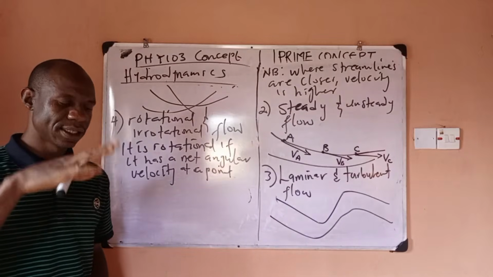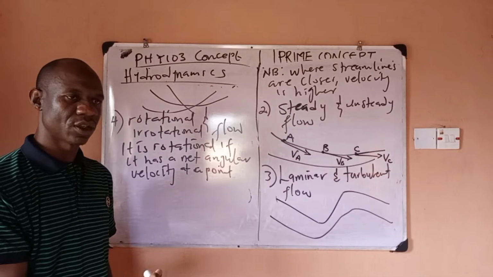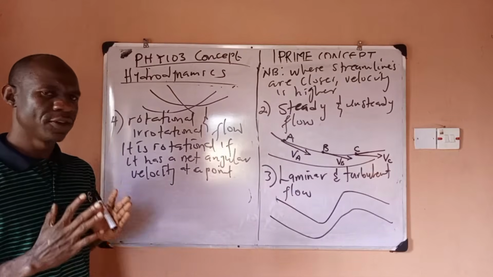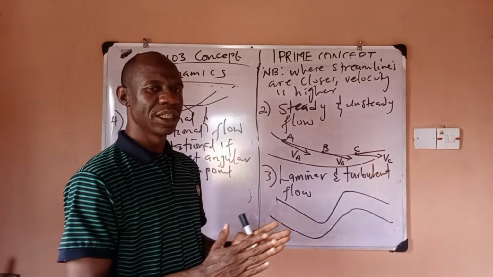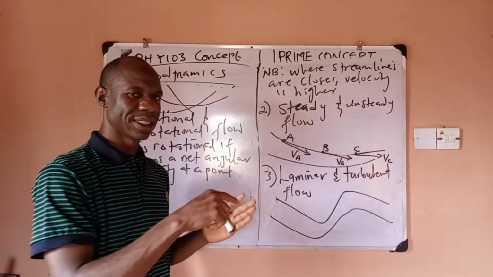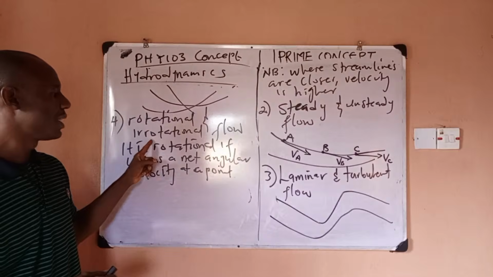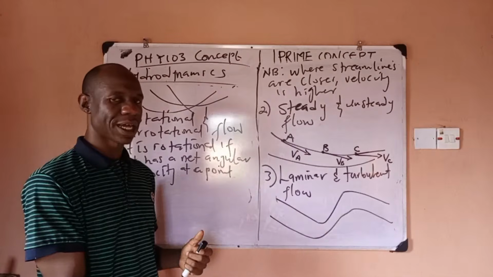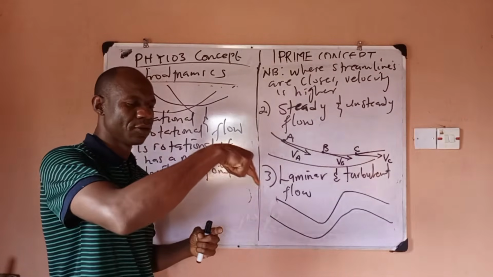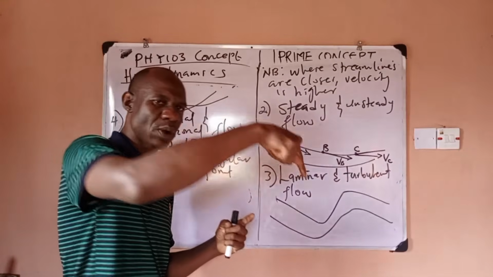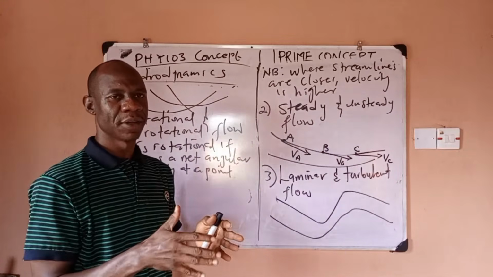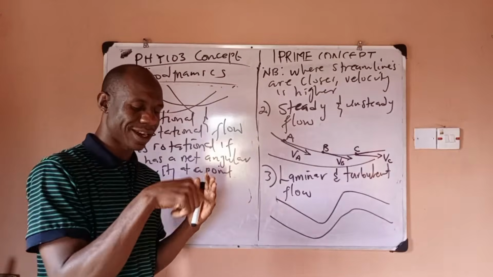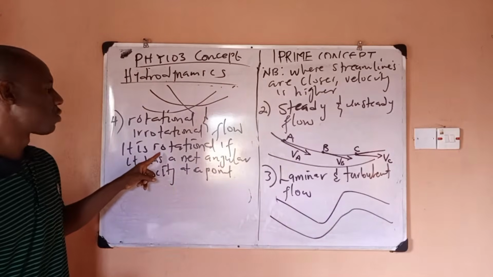Now, I explained that if you bring a leaf and drop it on top of water, you would notice that the leaf will be moving gradually. If you observe the leaf just going straight, without rotating, that flow is what you call irrotational. But in most cases, when you drop a leaf on water, you notice that the leaf will be turning while going. Sometimes it just turns around one point. That kind of flow is rotational.